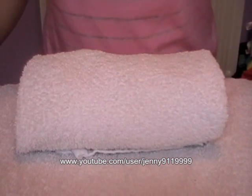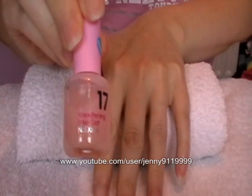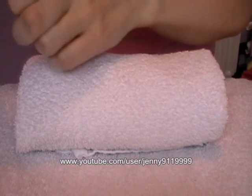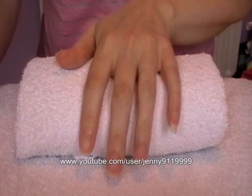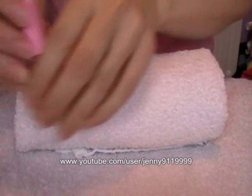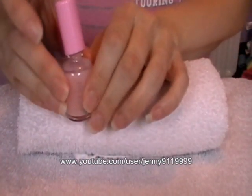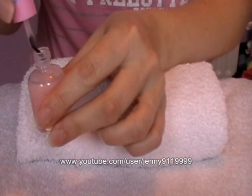And then I'm going to take a base coat, and this one is just by number 17, and it's a strengthening base coat. And I'm going to paint the base coat onto my nails. You should always use a base coat because it protects your own nails from the colour, and they'll not get stained by the colour. And also, if you're using a really strong colour like I'm going to be using today, you need to protect your nails. So I'm just going to wipe off one side of the brush